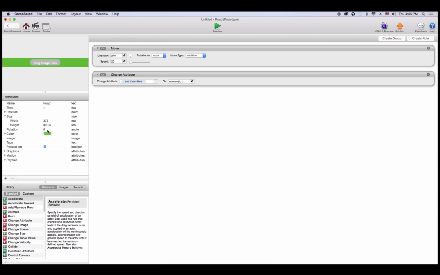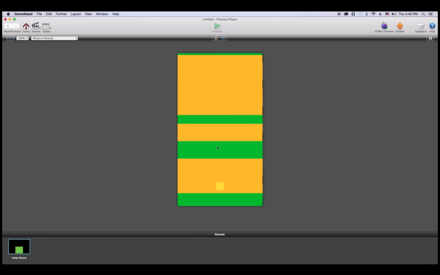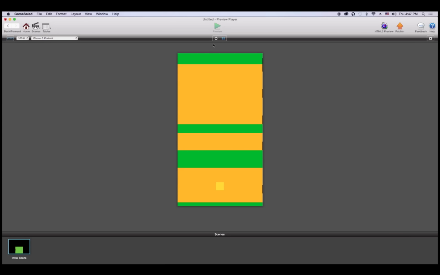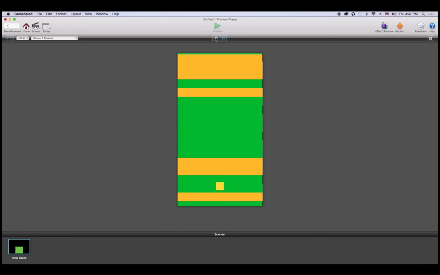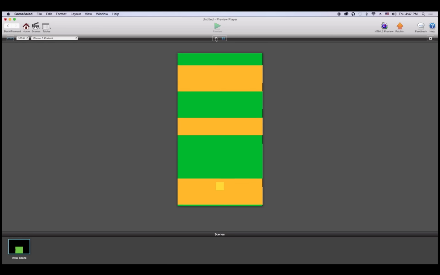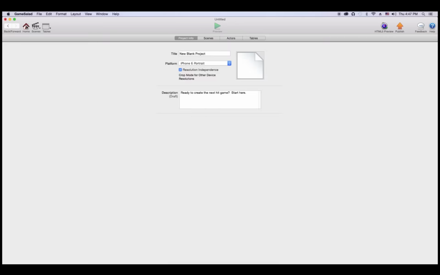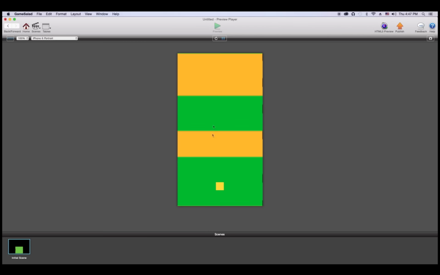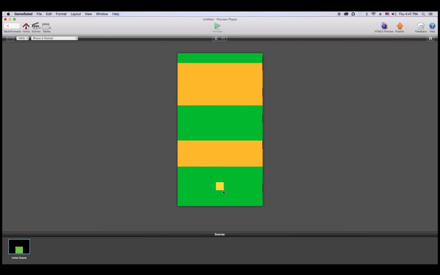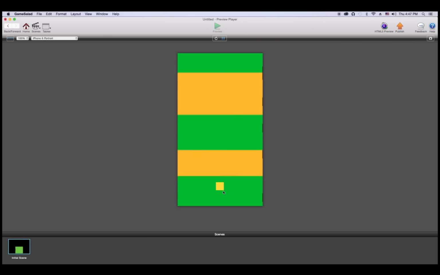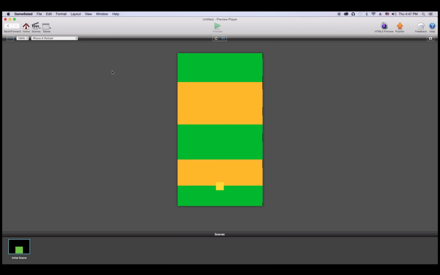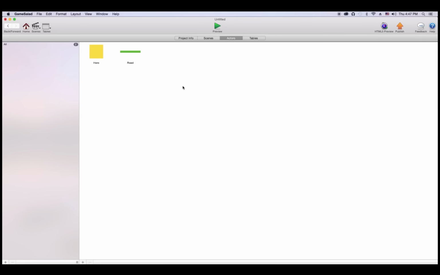Now, this doesn't really matter because in the end we're going to be using images anyway, but this way we just get some differentiation. Anyway, okay. So now you'll notice this guy isn't doing anything. And if we click any of the arrows, nothing happens. So what we're going to do